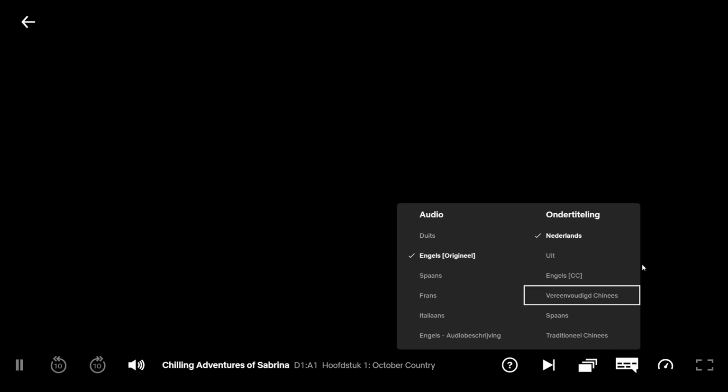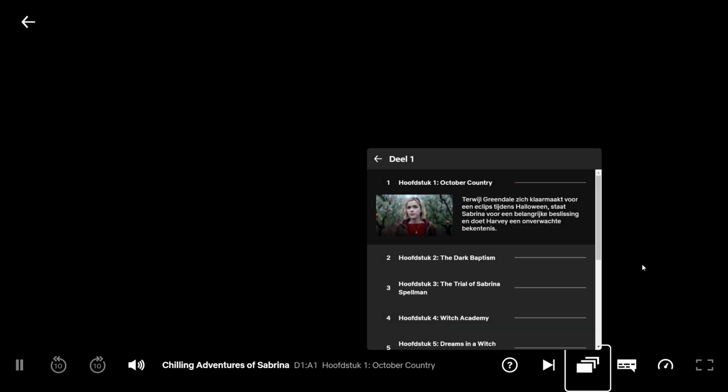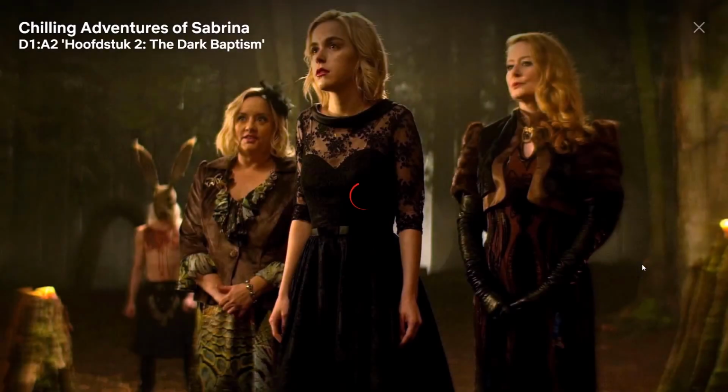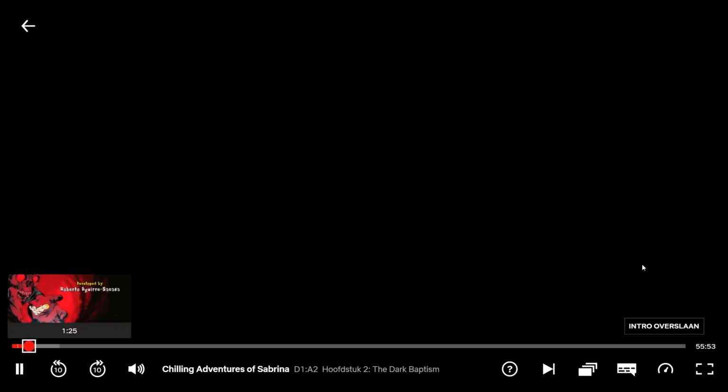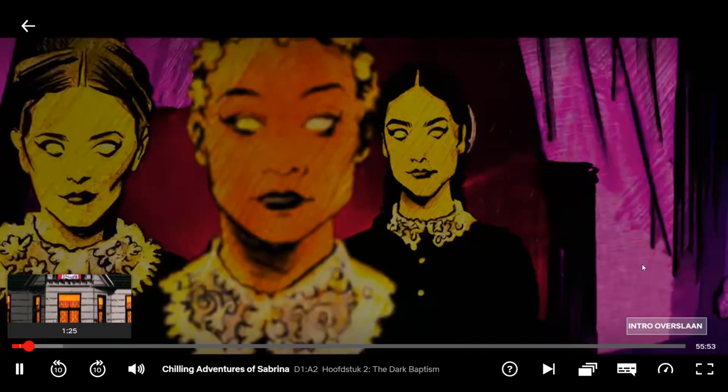Okay, I can traverse those with my keyboard, so that's good. They disappear if I open another one, but I can make them disappear if I don't open another option. I can fast forward with my left and right arrow keys, so that's good. Let me try to skip the intro. Okay, I can skip the intro, that's good. Let me try it, press enter. I think most of these